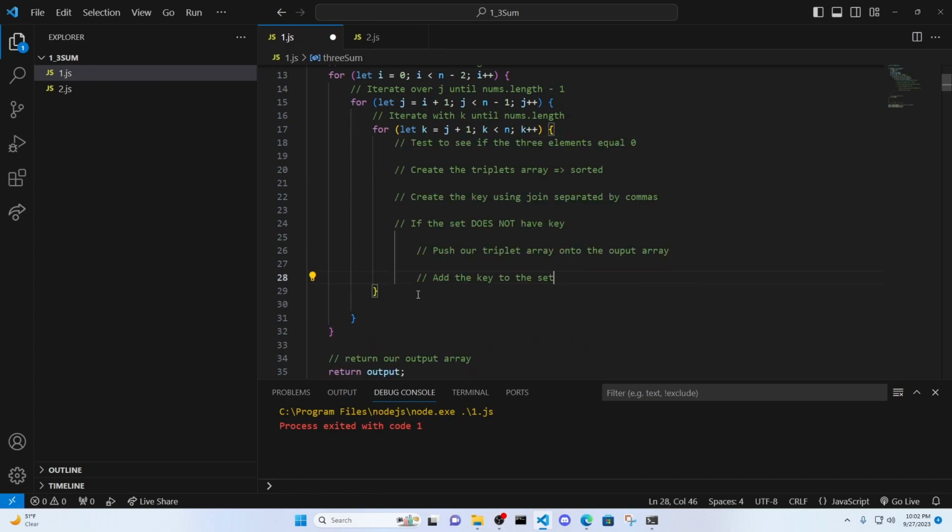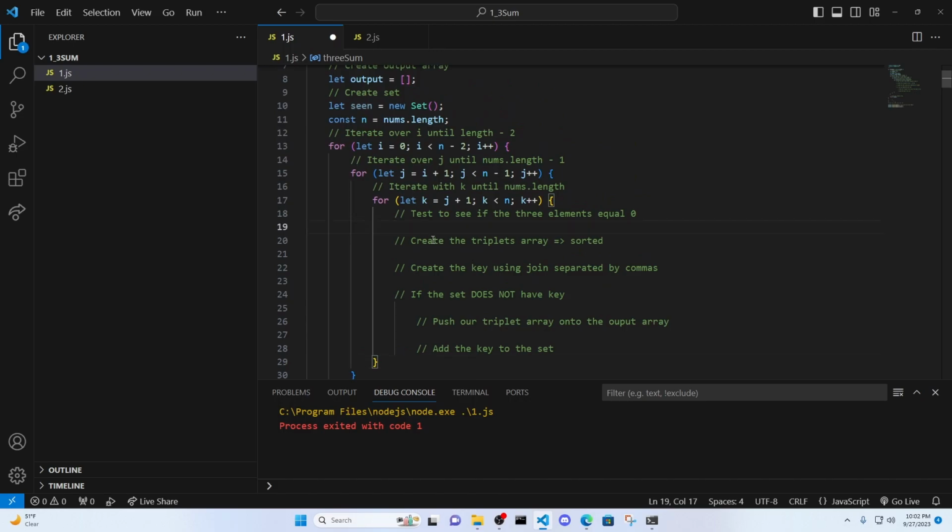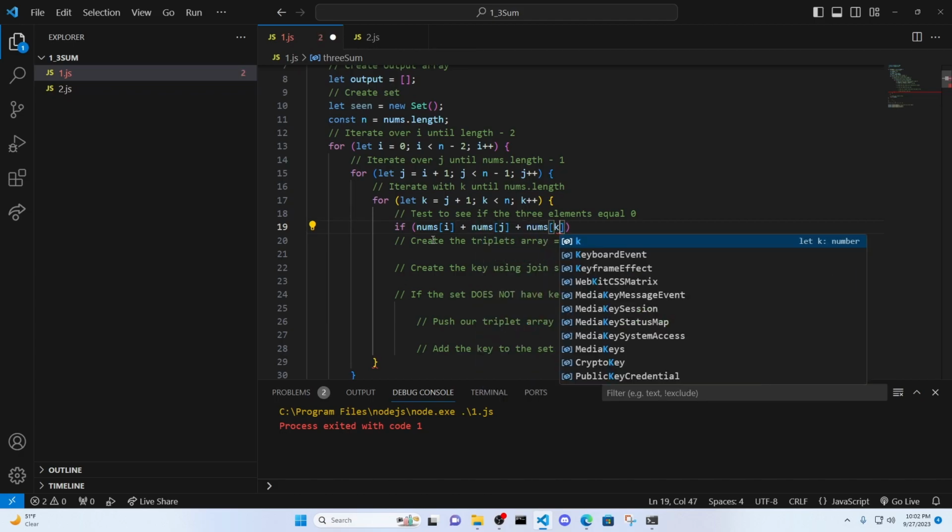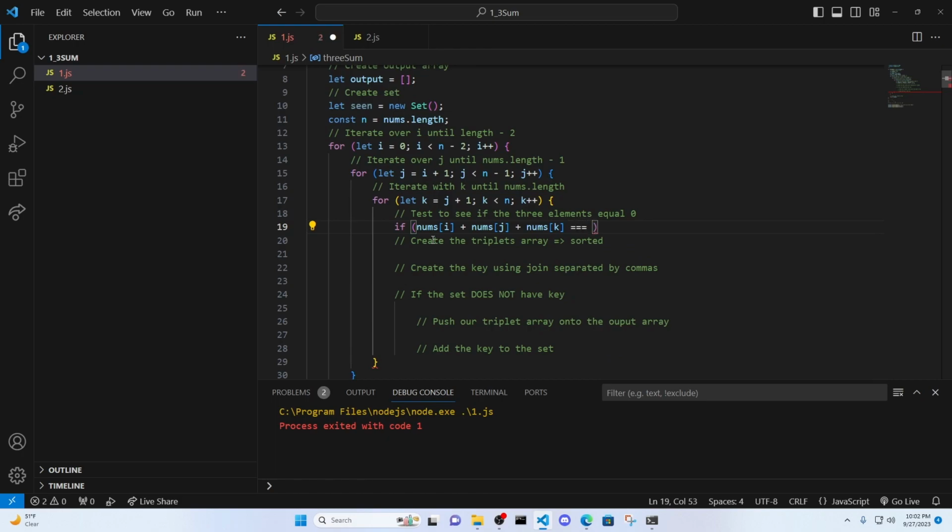And then we'll test to see if we have a match that's equal to 0. So if nums[i] + nums[j] + nums[k] equals 0,